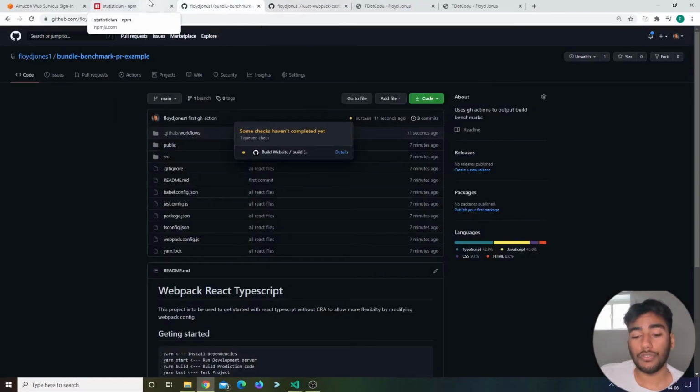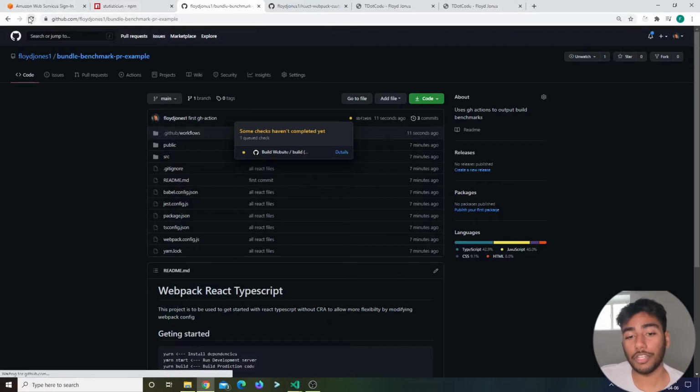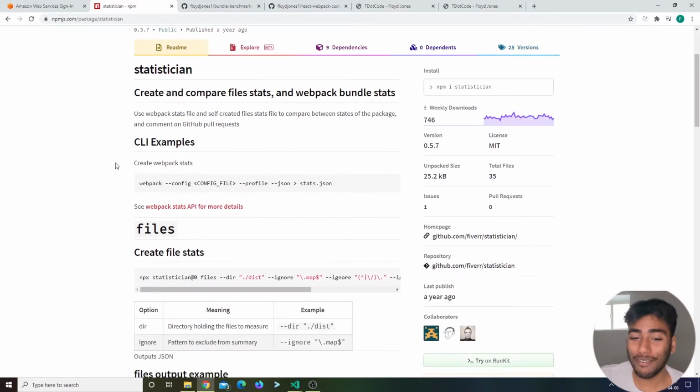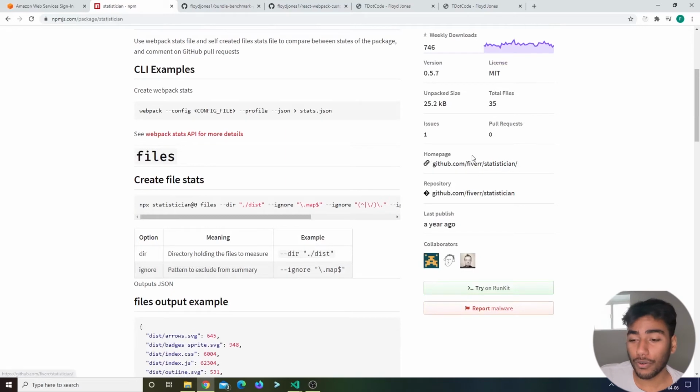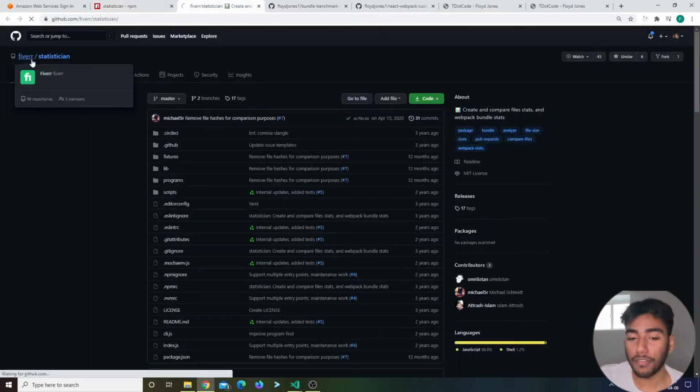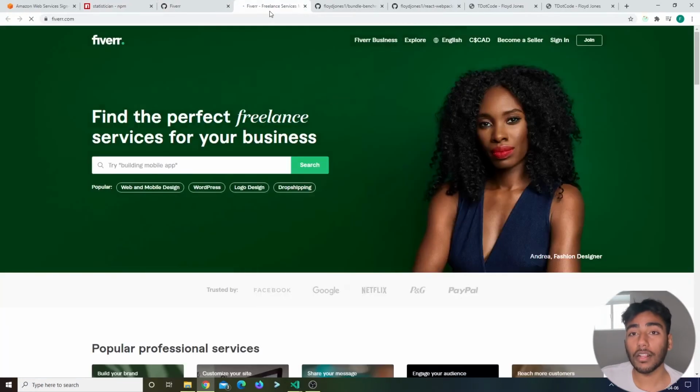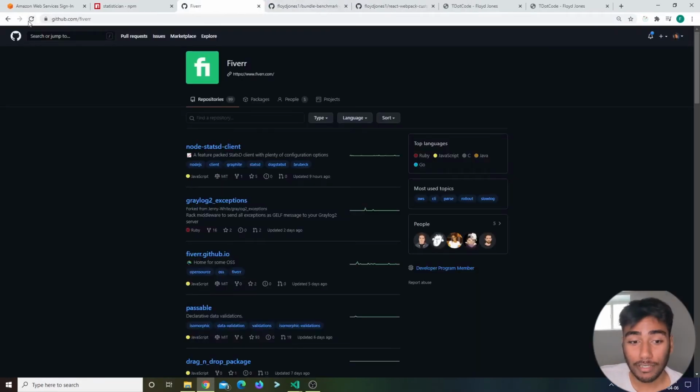Now to introduce you to how we're going to output stats information into our PR. There is this really great tool, it's really great. It's made by Fiverr. So if any of you do freelance stuff, you already know Fiverr. Fiverr is a web platform where people can sell their services and stuff like that. I'm not promoting them, by the way, so I'm not getting money for saying that. I wish I was getting money, but anyways,